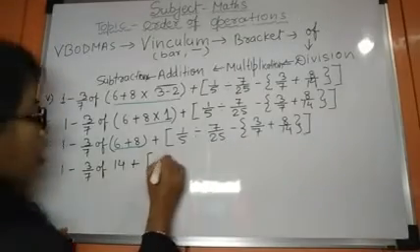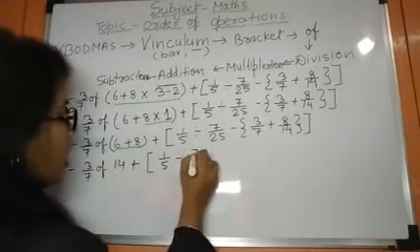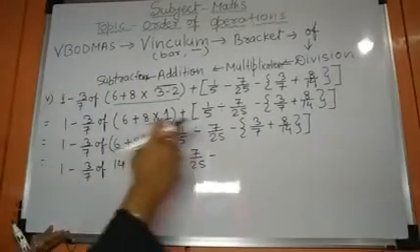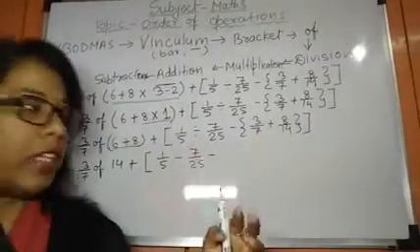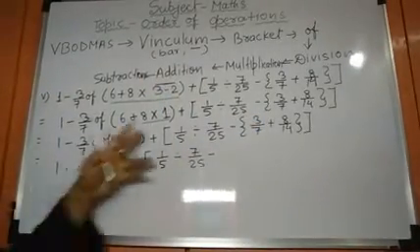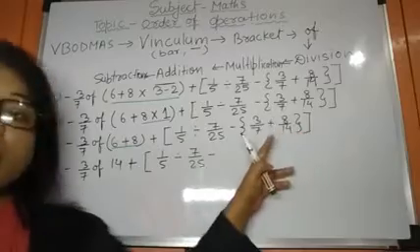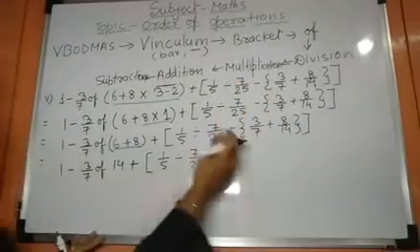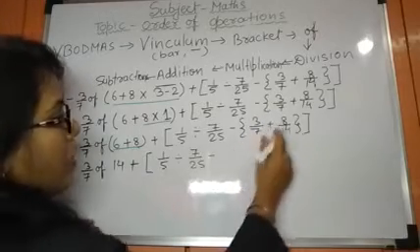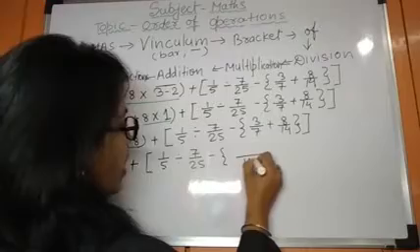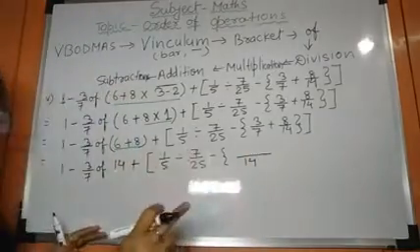So 1 upon 5 divided by 7 upon 25 will be as it is, because if two brackets are together, then we have to check which bracket should come first. Here two brackets, square brackets and curly brackets, are there. So we will do the curly brackets work first. So here 3 upon 7 plus 8 upon 14. You know that we will take the LCM of 7 and 14, that is 14.